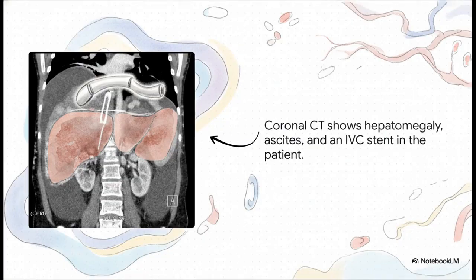And this image, this CT scan from our actual case patient, just brilliantly illustrates the real-world consequences. You can so clearly see the massively enlarged liver. That's the hepatomegaly. And that dark fluid you see surrounding it, that's the ascites. The patchy, kind of uneven appearance of the liver tissue itself, that's a classic sign of the severe venous congestion and the damage it's causing. And if you look right in the middle, you can see that bright metallic glint of an IVC stent. That was a prior intervention, an attempt to bypass the obstruction, which, as we're about to see, eventually became part of the problem itself.